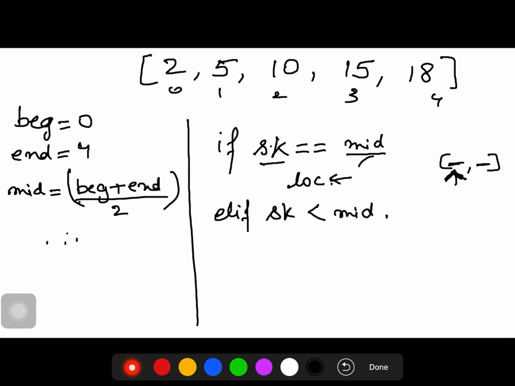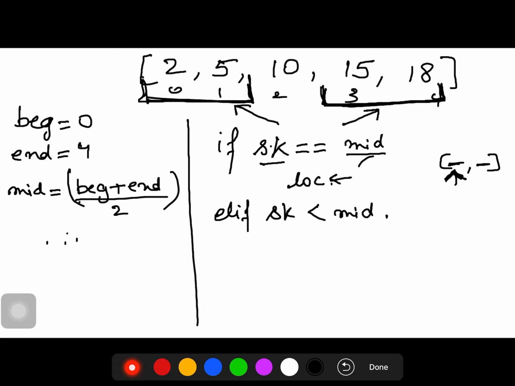If search key is less than mid, we will change the position of our end, because we know the item lies in this position only. If search key is greater than mid, we will change our beginning, because we know it will lie here.